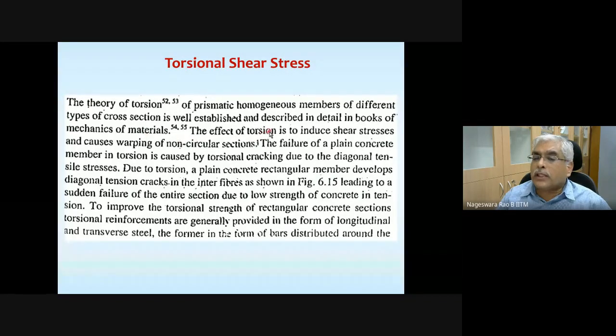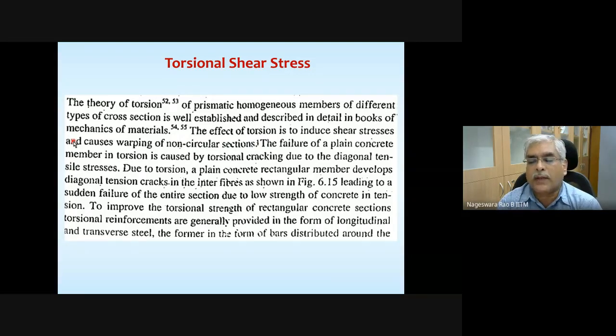The effect of torsion is to induce shear stresses, that you must have learned as a part of your mechanics of materials. When a circular cross section member is subjected to torsional moment or torque, it's going to be subjected to shear stresses.